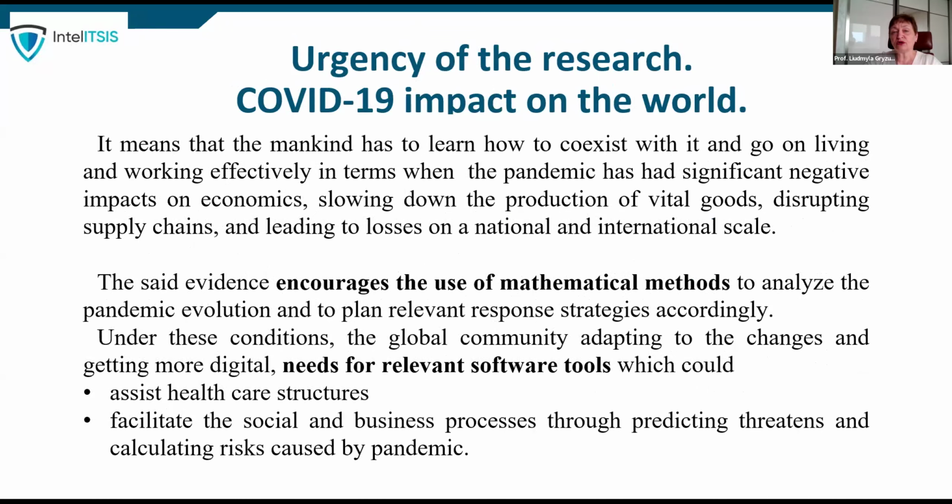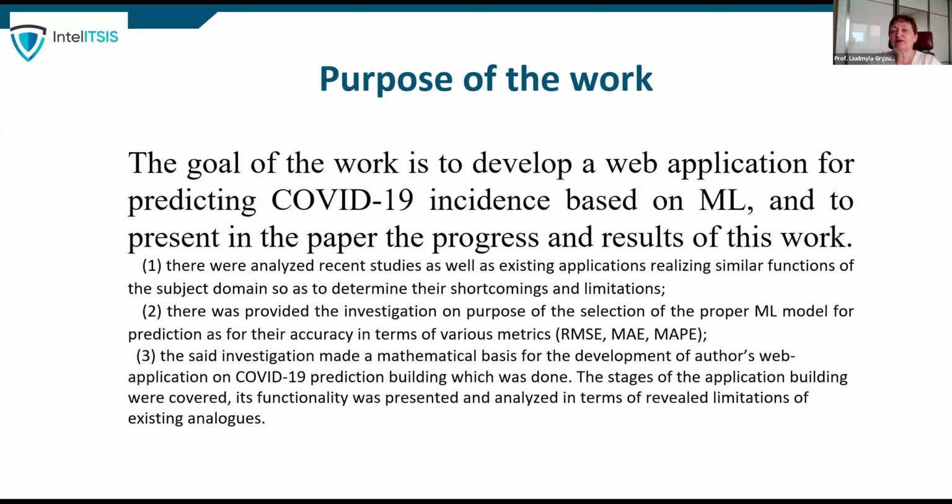It means mankind has to learn how to coexist with it and go on living and working effectively in terms when the pandemic has had significant negative impacts on economics, slowing down the production of vital goods, etc. The said evidence encourages the use of mathematical methods to analyze the pandemic evolution and to plan relevant response strategies accordingly. Under these conditions, the global community adapted to the changes and is getting more digital, needing relevant software tools which could assist healthcare structures and facilitate the social and business processes through predicting threats and calculating risk caused by the pandemic. So the goal of our work is to develop a web application for predicting COVID-19 based on machine learning